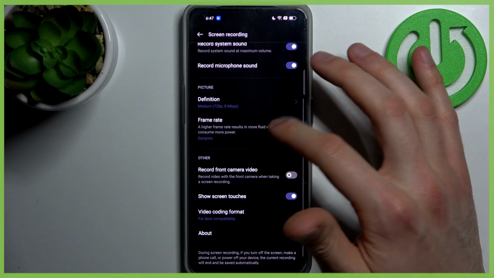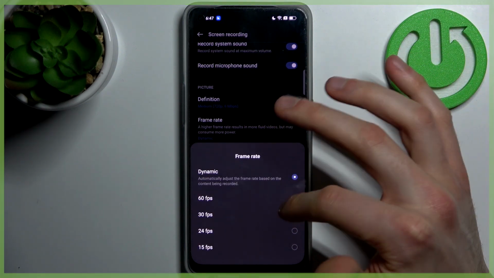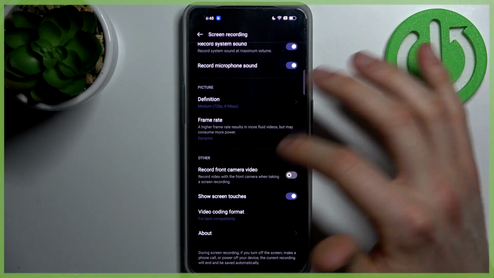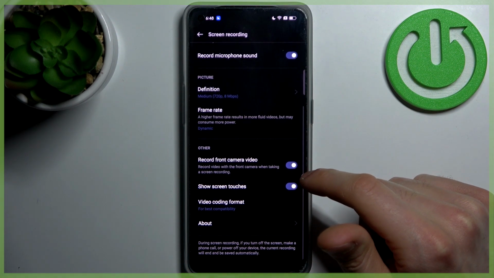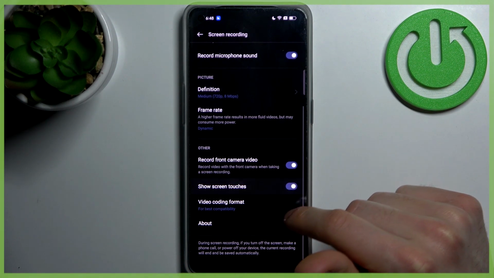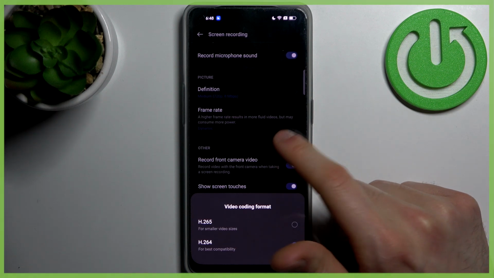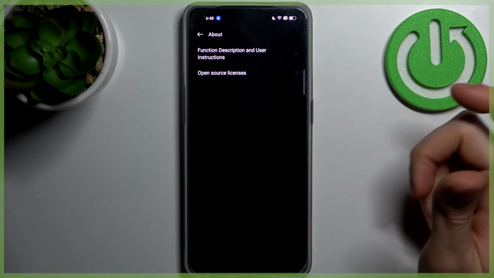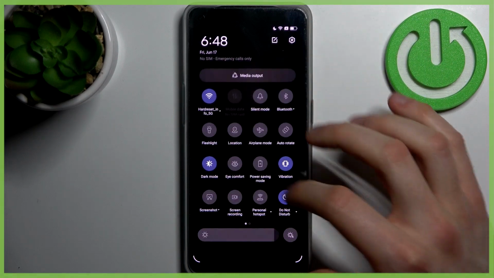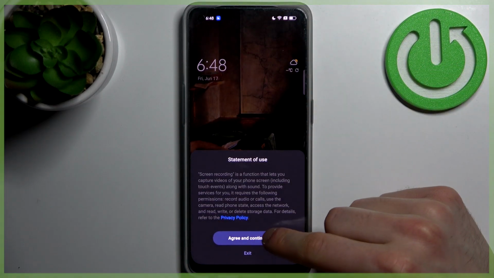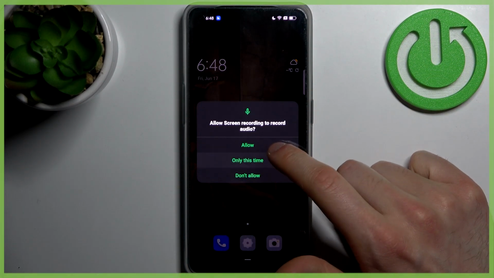You can set up frame rate, so you can set the dynamic frame rate or fixed frame rate. You can record video front camera, you can show screen touches, you can select video coding format, and yeah, that's it. So to start recording, just tap on this button once, then tap agree and continue, allow,